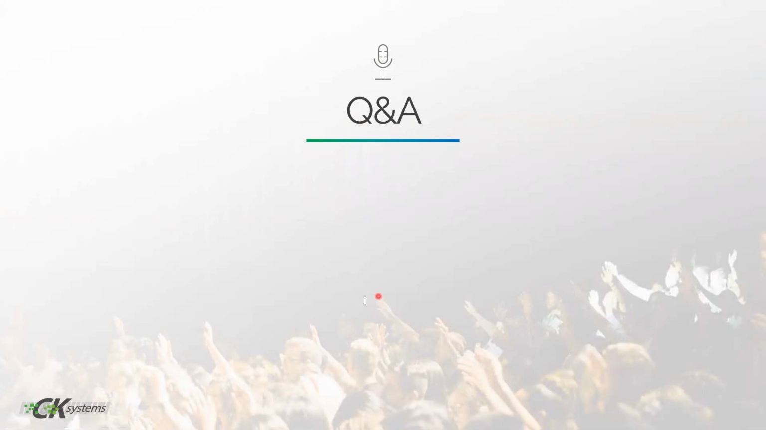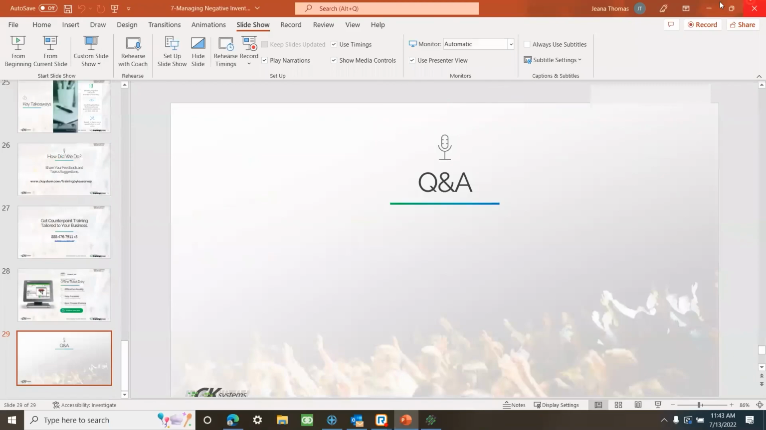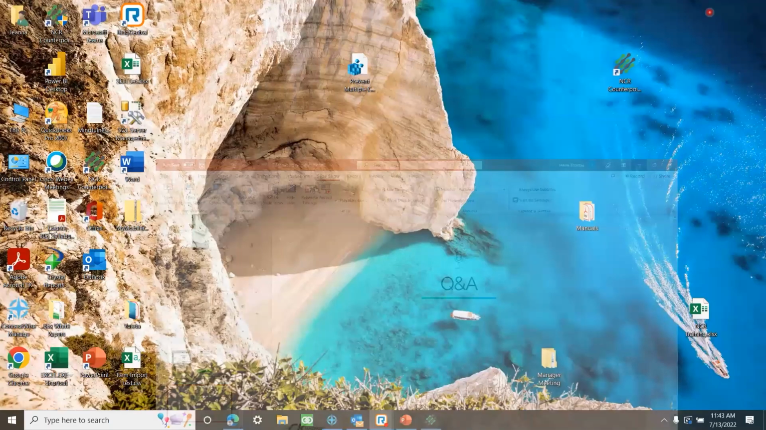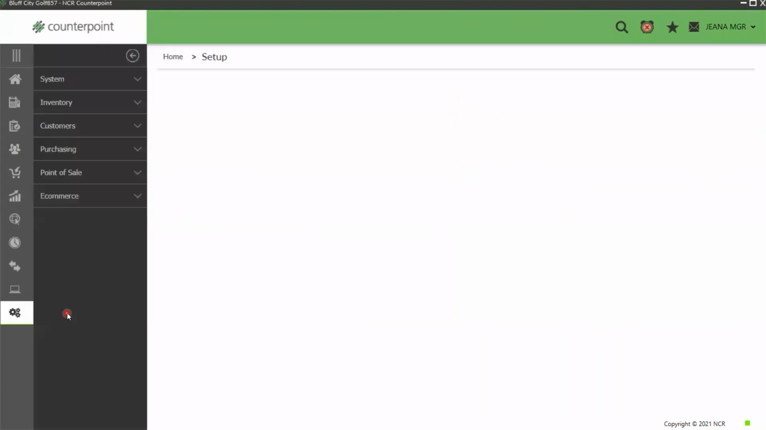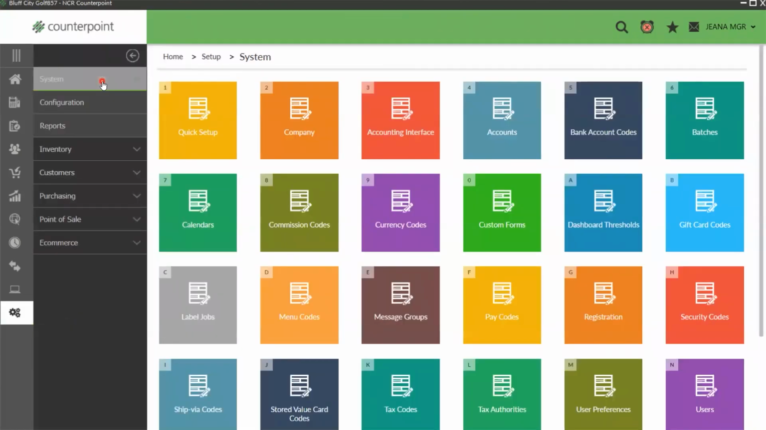Is there a limit in table view of items shown? Wilda, that is such a great question. And the answer is yes. And I'm going to show you what I mean by that. So there's a control in Counterpoint, and this is for performance purposes. So if you go to Setup, System, Company,